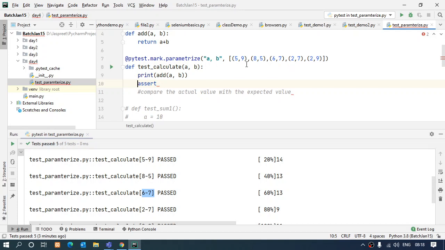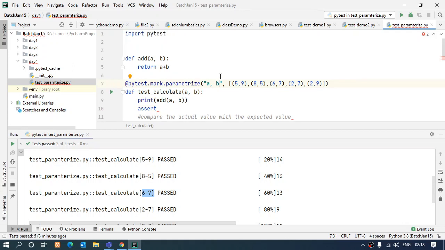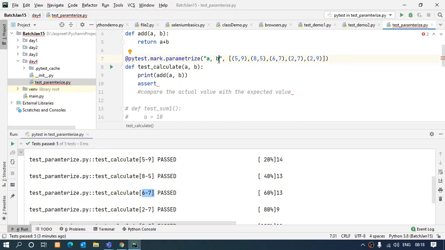Right. So now I am going to expect one more parameter over here, which will be output, which I'm going to pass, which is the expected value I'm going to compare with. That is going to come up over here, and that will be output. In the test cases I'm expecting it.